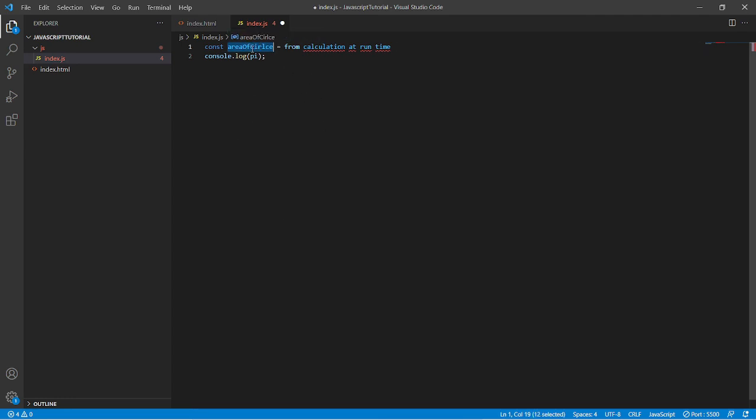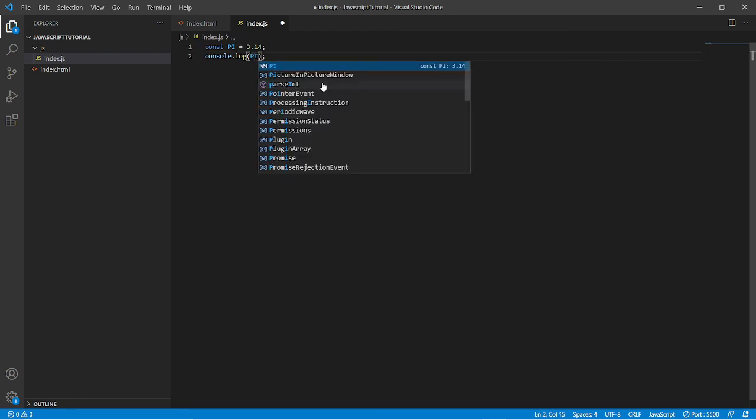Then you should go with the camel case approach, because in this case the name is a constant, but its value is getting decided at runtime. So you can keep it as camel case. However, you can keep it as uppercase as well. It's all up to you. But this is the recommended way. If the value is known to you at the very start of the code, then you can define the constant name in all uppercase. Otherwise, go with camel case. So this is it for now, and I hope the variable part is clear to you. Let me keep pi in all uppercase only.